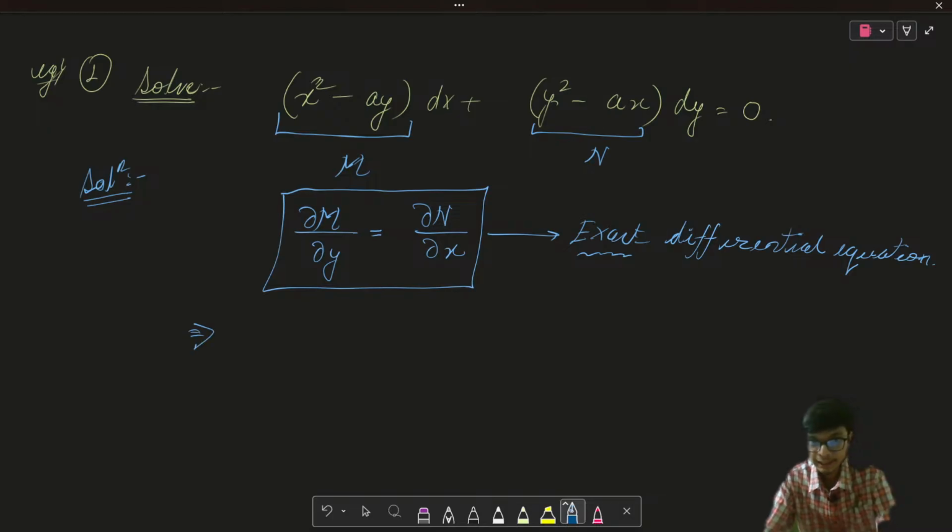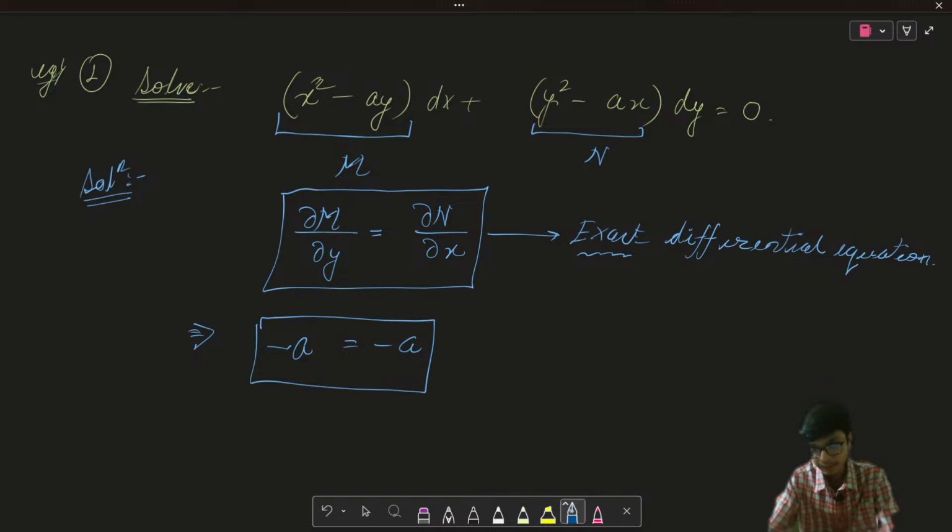If I partially differentiate M with respect to y, I am going to get the result as minus a. Similarly, if I differentiate N partially with respect to x, then also I am going to get the result as minus a. So I can see that this condition is met. Therefore, the differential equation is an exact differential equation. Now, the solution of such an exact differential equation is fairly simple. The general solution